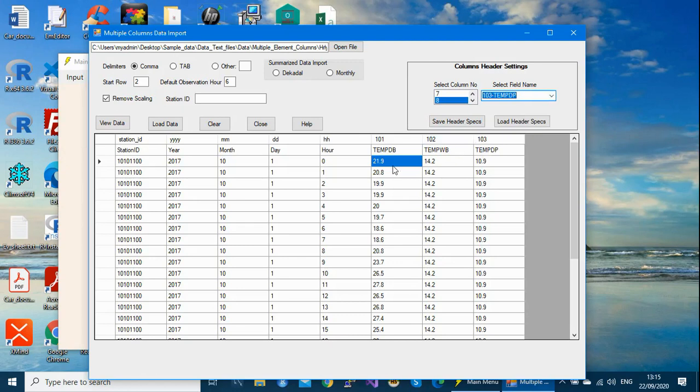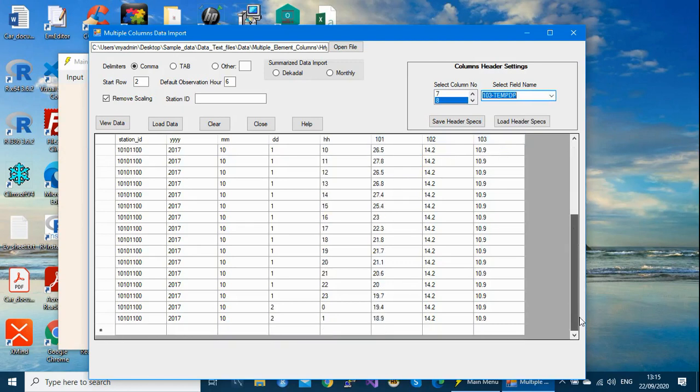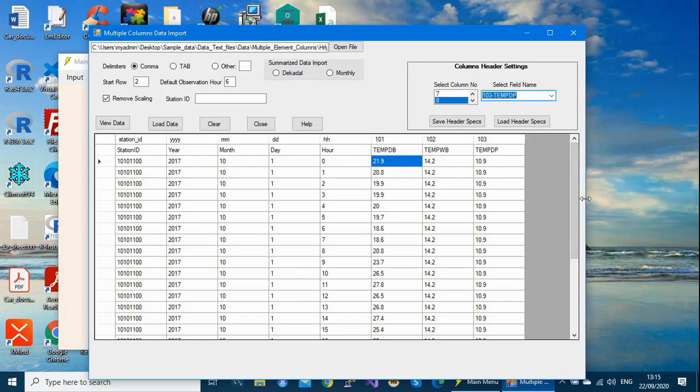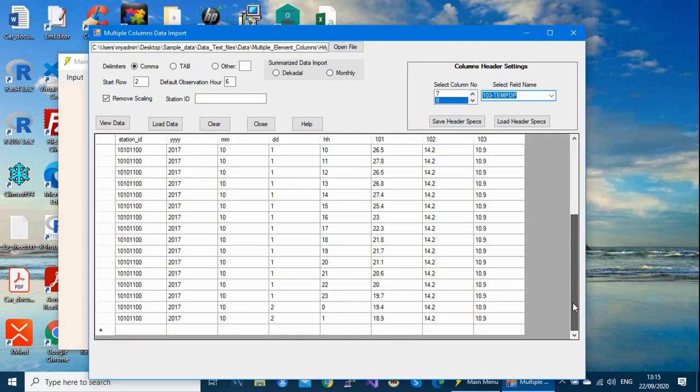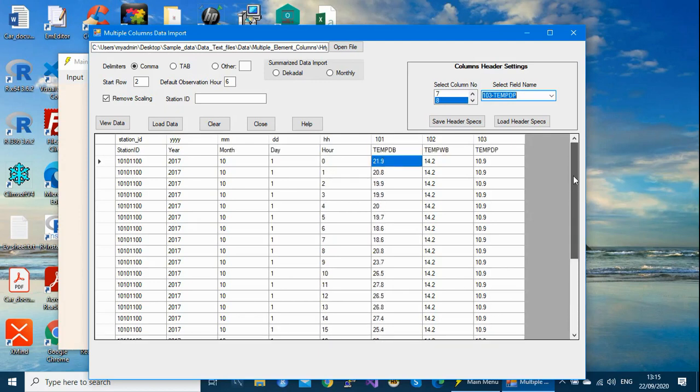So dry bulb temperature 101, wet bulb 102, dew point 103. So that's it. So you can scroll down. As you know, the system will display a few rows of data, but during the importation, all the data in the file will be imported.